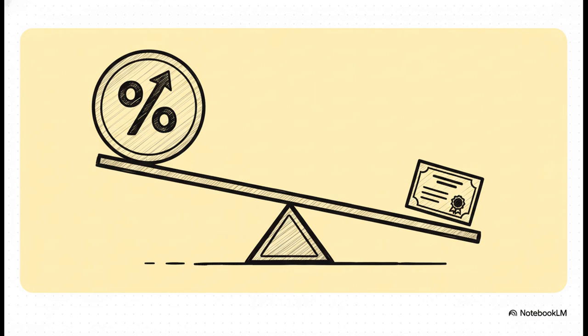Bond prices and interest rates always move in opposite directions. Think about it like this. If you buy a bond today that pays 3% interest, and then next week the central bank issues new bonds that pay 5%, well, your old 3% bond suddenly looks a lot less attractive, doesn't it? Its price has to fall just to compete. So if you expect interest rates to go up in the future, you're not going to buy bonds today. You're going to hold onto your cash, speculating that a much better deal is right around the corner.